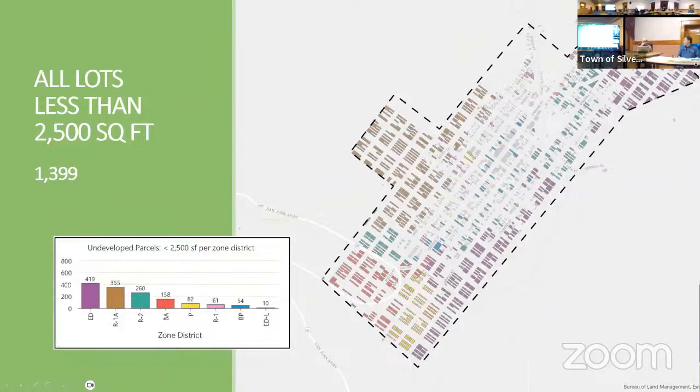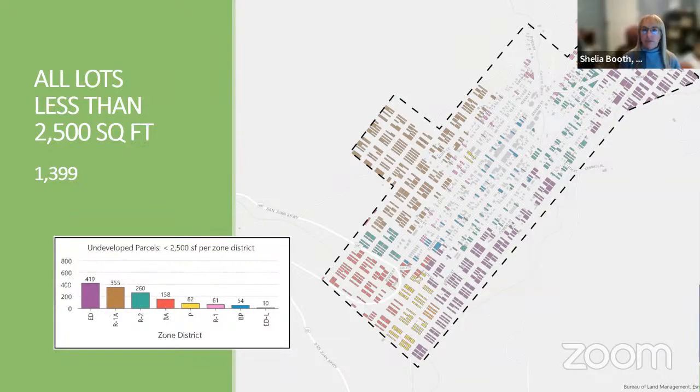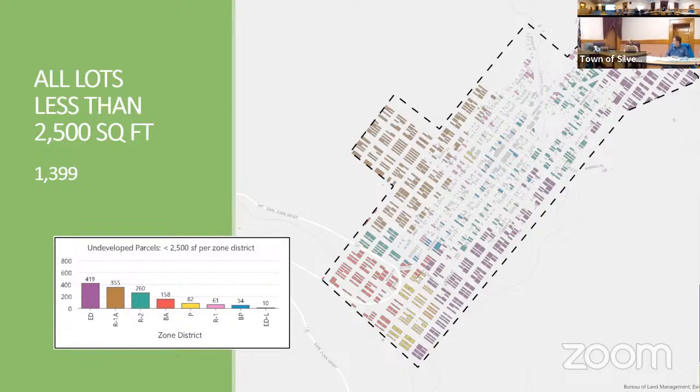They're using assessor's records, which show split ownership on properties, similar to mining claims. You have 10 people owning it, but the actual plats are all 25 by 100. So I don't think this is as significant an issue as it appears. I think there are probably far fewer than 1,400 lots that are actually platted at 50 by 100.